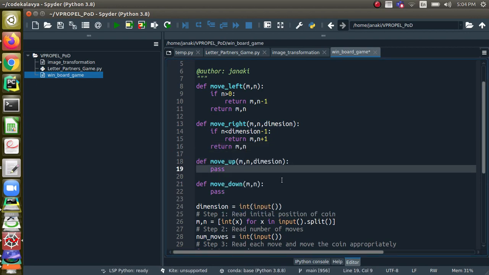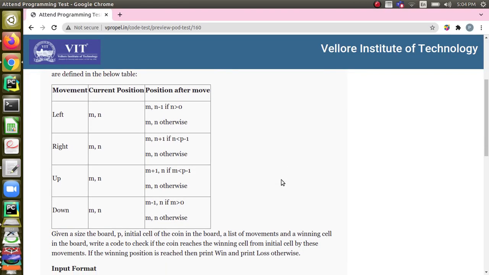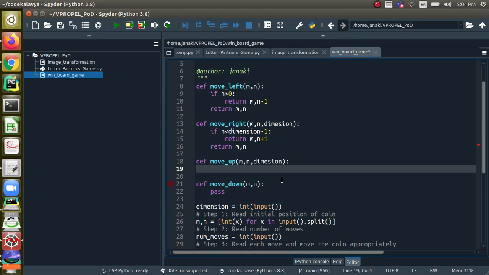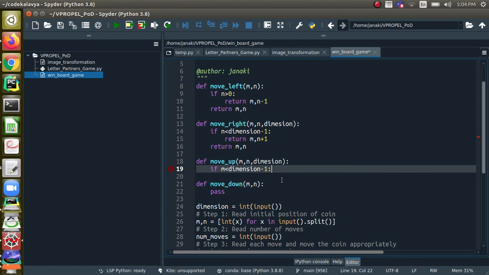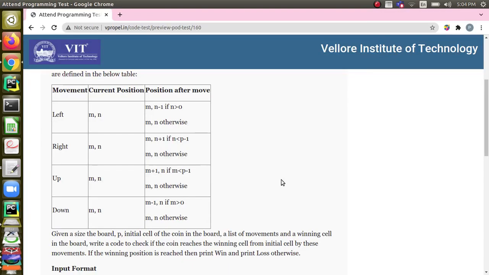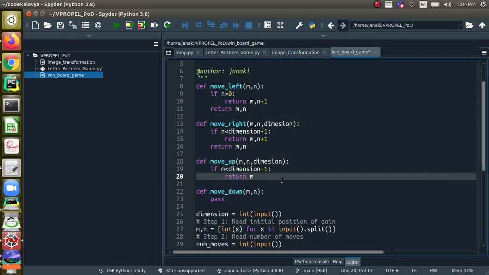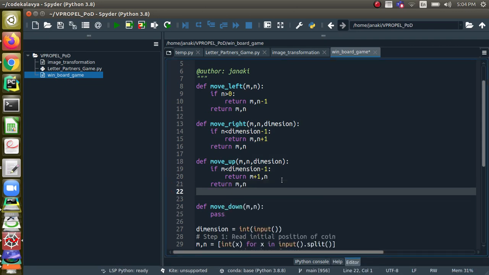Okay, and move up means you should check similarly m is less than p minus 1, right? So m is less than dimension minus 1, then you are going to return m plus 1 comma n. Otherwise you will be returning m comma n.